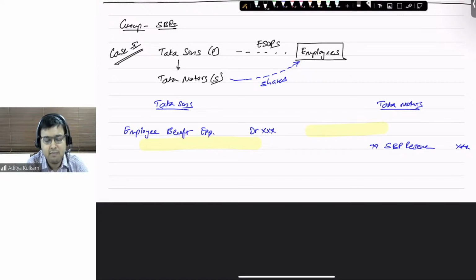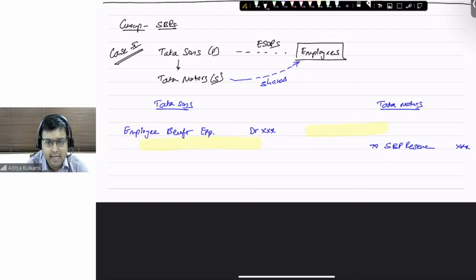What is the relationship between Tata Sons and Tata Motors? Bhai, baap bete ka relationship hai. The parent will order the subsidiary, "Mere ko paise de do." And when it orders the subsidiary, kis haq se order karega woh? In what capacity can it order? It can order in the capacity of a shareholder. So in the capacity of a controlling shareholder, if it demands the cash from Tata Motors, it can easily say,